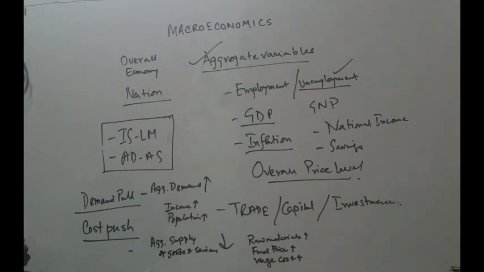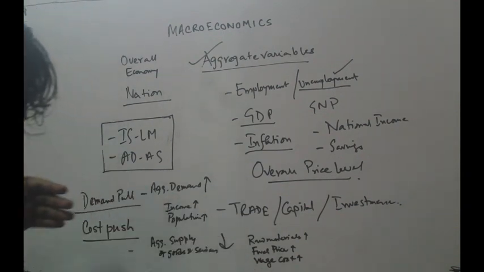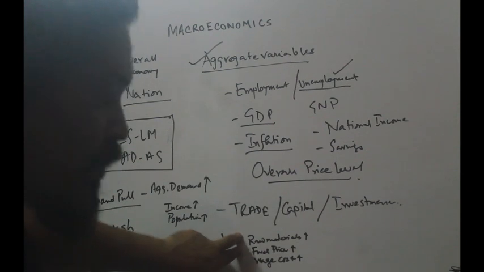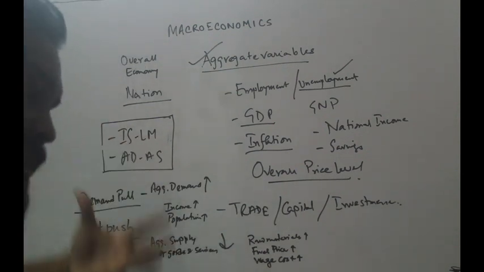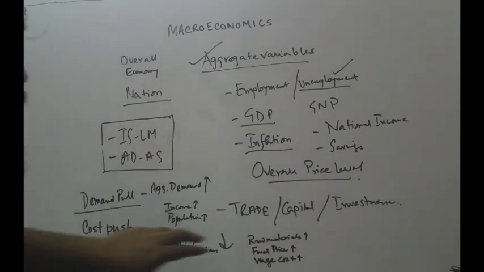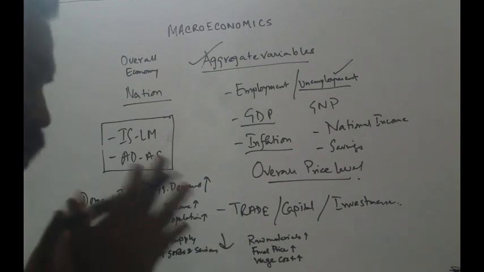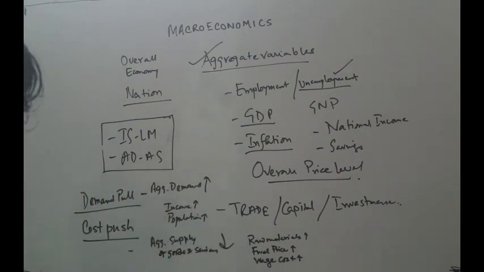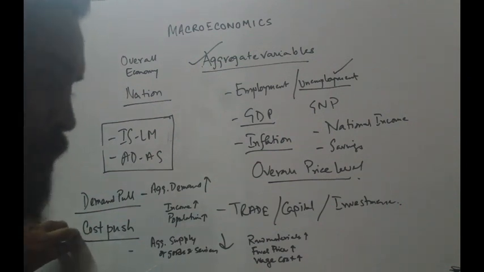Administrative control on price rise and income policy will help in cost push. Income policy will affect the wage, and administrative control on price rise, on fuel and raw materials, will in turn help in curbing the cost of the raw materials and the wage. So it will take care of those things, and you will tackle cost push.